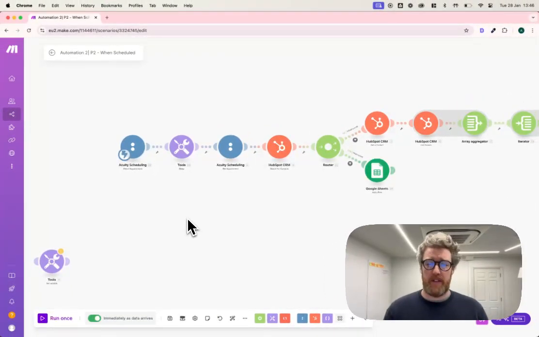It's triggered as and when this information comes through. So when a meeting is scheduled, it pulls the information. It waits for 30 seconds just because there's another process working in a different automation that is creating the contact. So we basically needed to wait for 30 seconds because this automation is built on looking up an email by an ID in HubSpot. So if it didn't exist already, it would time out,